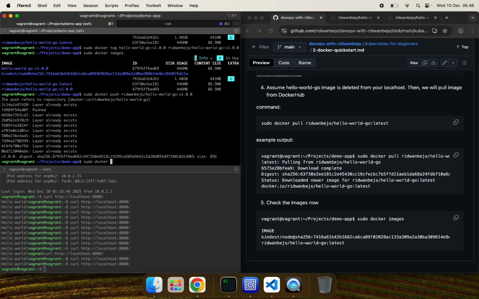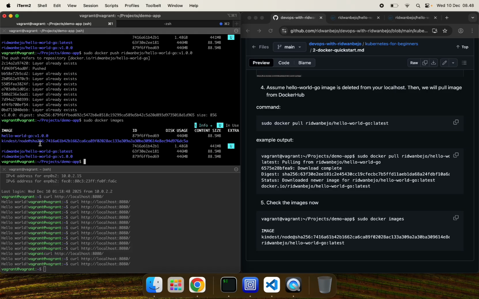So we can understand there are multiple basic Docker commands, which are essential for every DevOps engineer and software engineer. And now we also learned about pushing the Docker image to a container registry like Docker Hub. But how can we pull the image? Before we pull the image, let's clean up some images here.